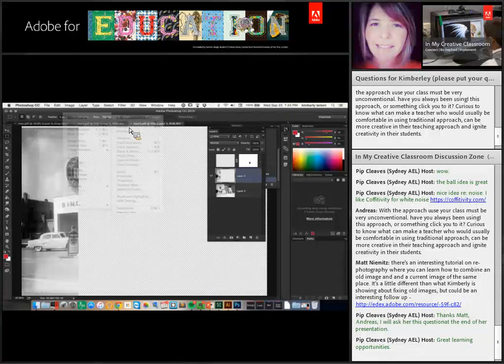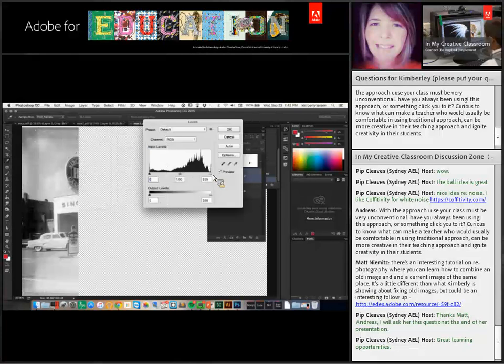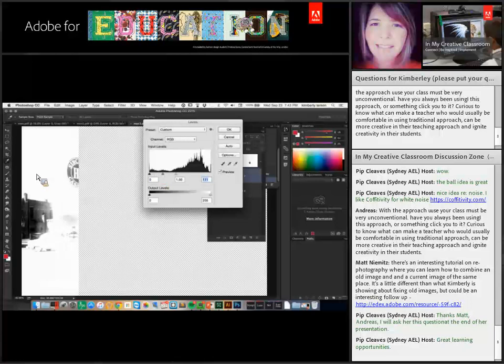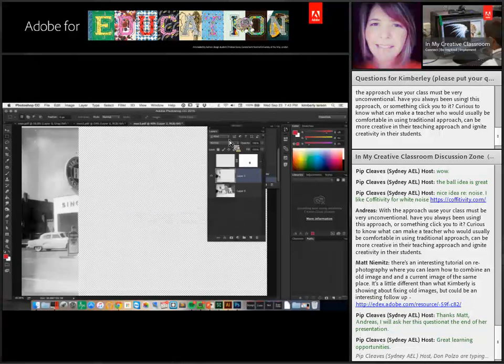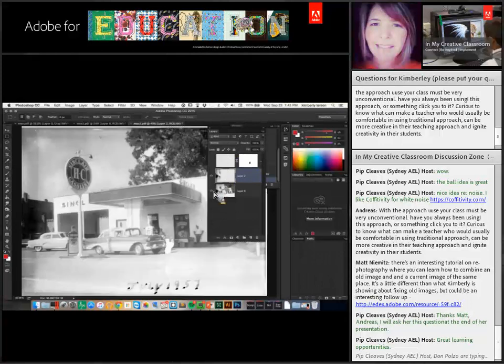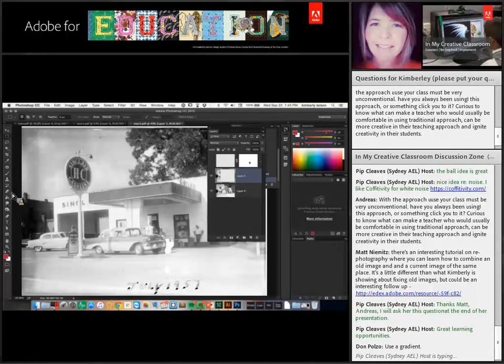So I may come in and see if I can lighten that up. But of course, this isn't looking so hot right there. Still looking pretty crummy. So I'm going to cancel that and come out of it. What we ended up finding with this particular project is by just going in and using the burn and dodge tool. And I'm a firm believer that using your